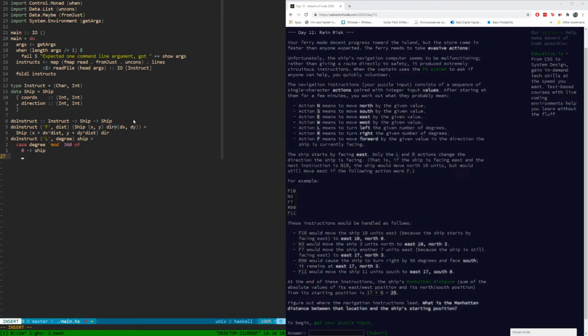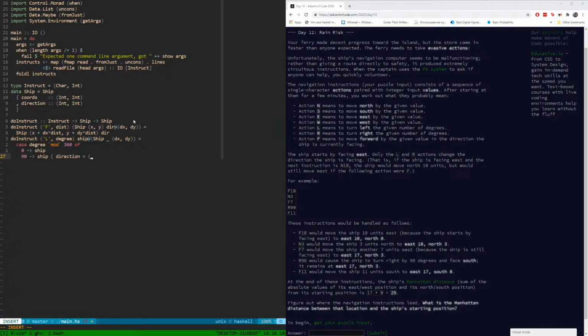So we can do right then, and say that right is just the negative of left. 90. It would mean that we have a ship with direction. Yeah, no direction change. So what we want here is dx and dy,